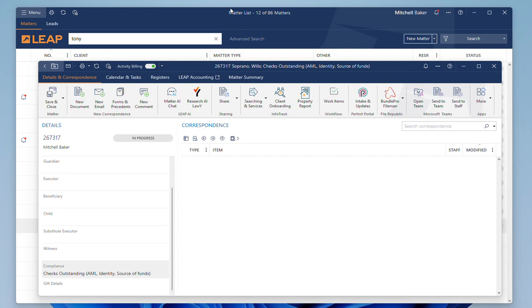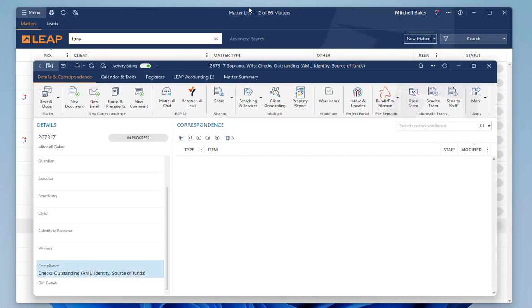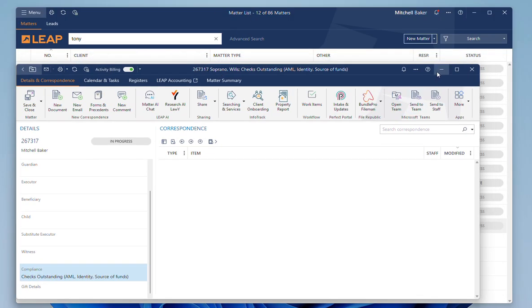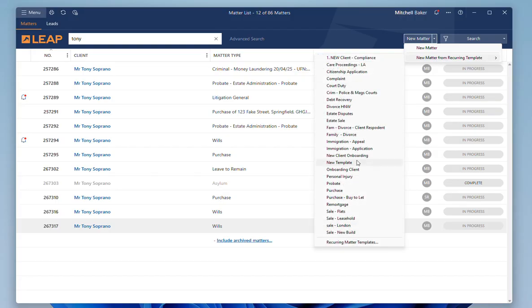So if you're a fan of the idea of enforcing the required compliance steps upon the setup of the case, the only practical negative that I can think of with this system at the moment, in its current state, as at the time of recording this, by the time you receive this, is the lack of recurring template integration. So if you are a fan of recurring matter templates, where you would drop down and select the type of case you're after, let's say state